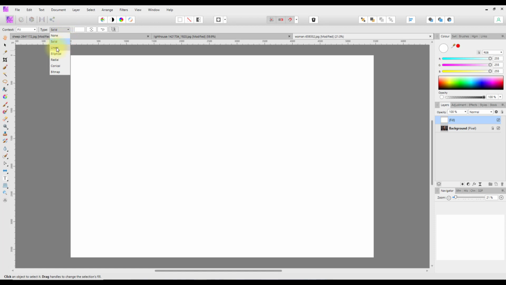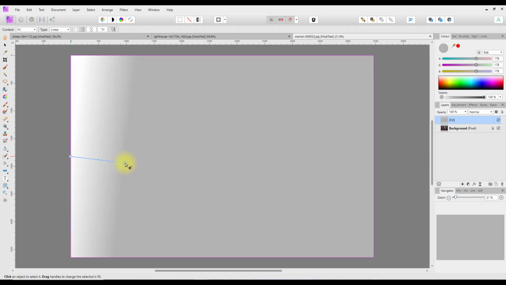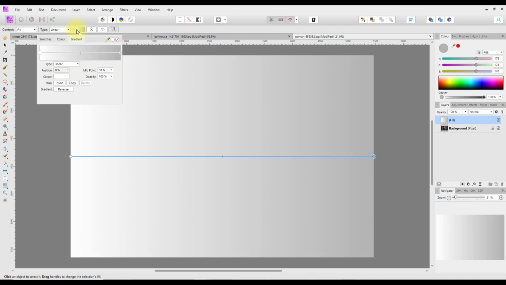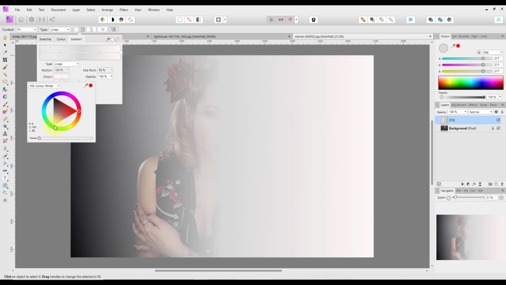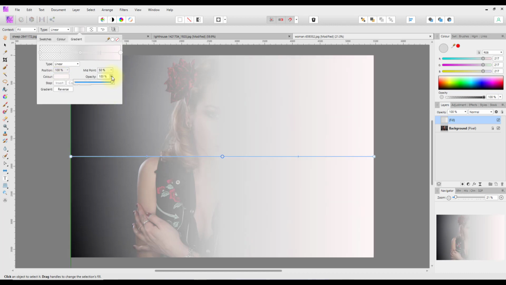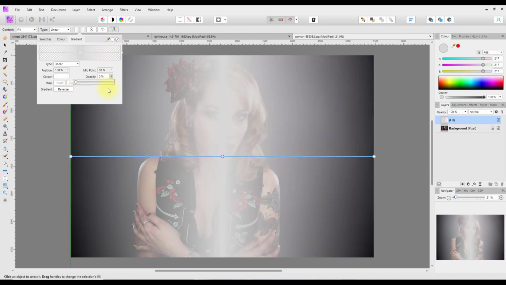I'm going to change this to linear, and draw out the gradient, and then I'm going to insert a new node in the middle, and a bit like before, I'm going to reduce the opacity down to 0 on the left, highlight the right one, make that white, and then reduce the opacity on the right,